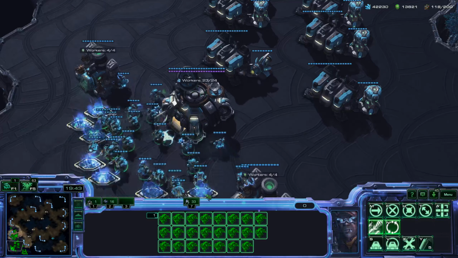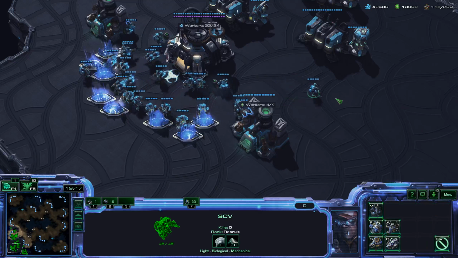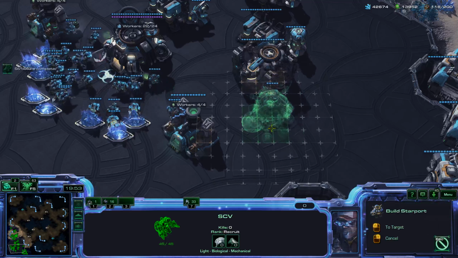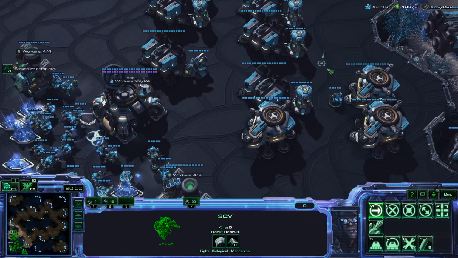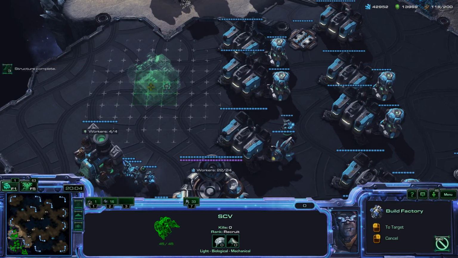Now, what about things such as missile turrets, or engineering bays, or armories, or starports? Starports can really be put anywhere, but I typically like to keep them in the same line, because I want my units to be getting out the quickest. As well, I like my units to still be able to move through each other. So I may have my starports like that, and then my factories